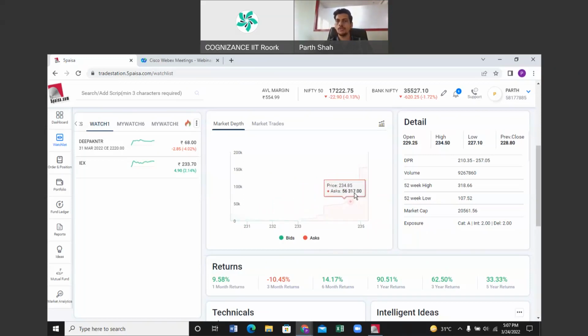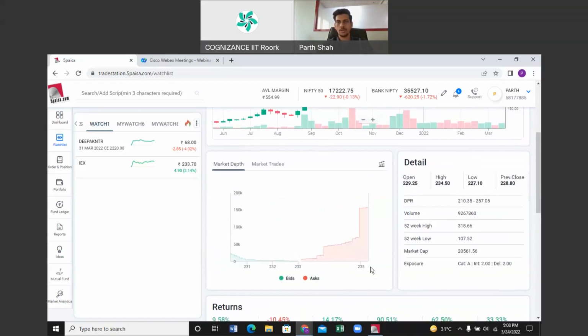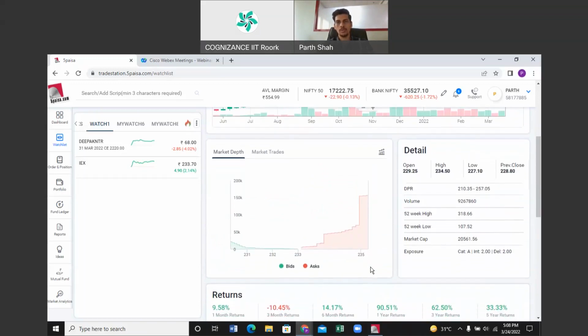This tool will tell you, say at price 234.9, the total number of orders yet to be executed is 65,061 quantity. This is consolidated, or you can say cumulative quantities here, and the same is on the buy side. So this will give you a very clear picture that there are very few sellers as compared to buyers. So you can make the decision that the stock will probably move down from here.